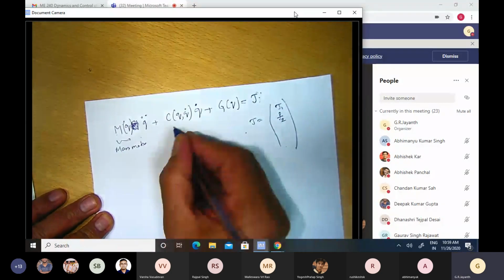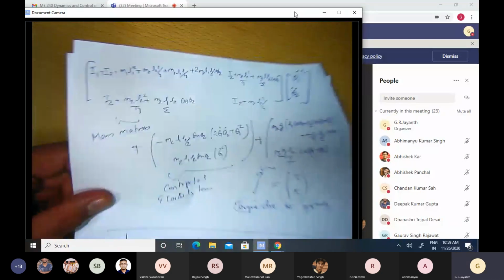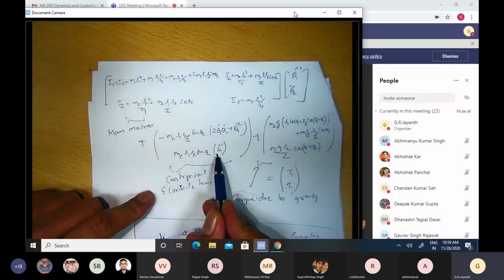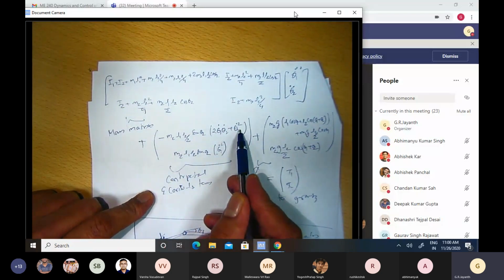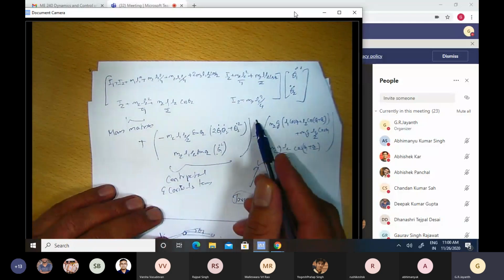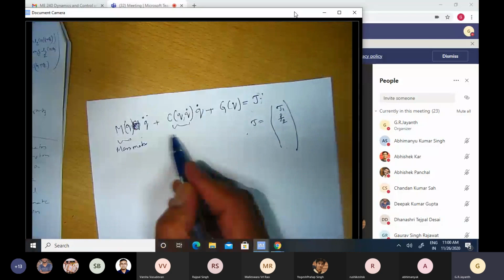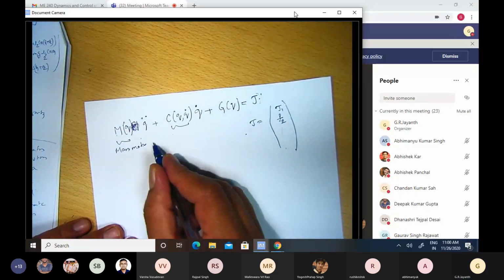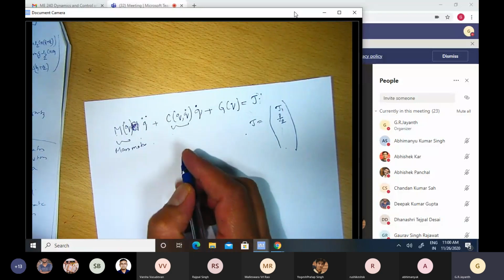And then this C of q comma q dot. If you come back to the concrete example of a 2R manipulator, I have theta 1 dot square at the bottom and theta 1 dot theta 2 dot plus theta 2 dot square at the top. I can write this as some matrix times theta 1 dot and theta 2 dot, and that matrix is essentially going to be this matrix C. Again, this entire term arises because of Coriolis and centripetal accelerations.